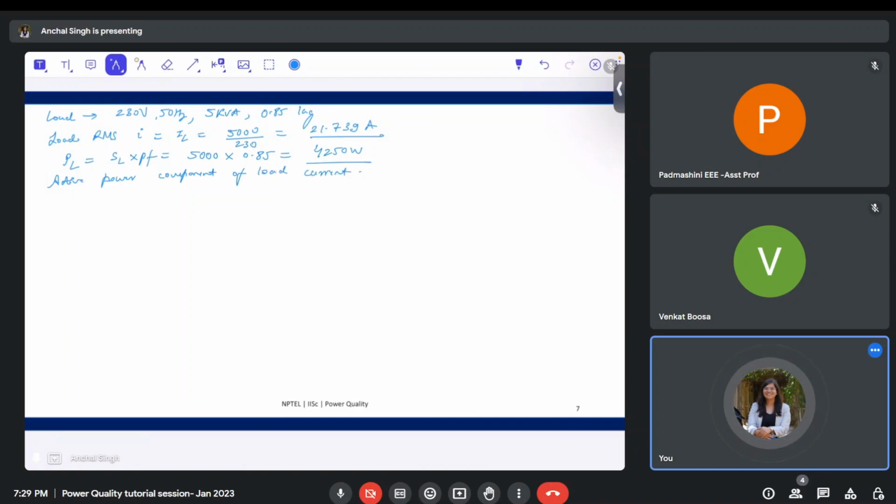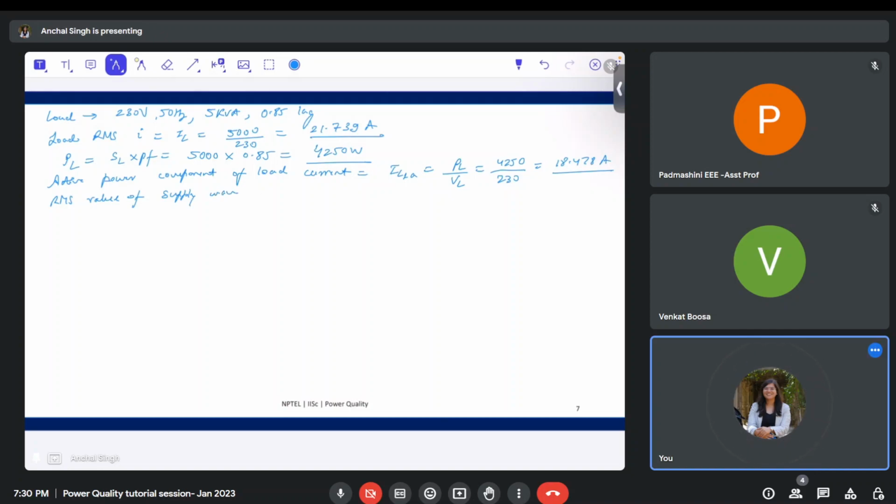Let me call it as IL1A, like in the previous problem. And this is given by PL by VL or IL cos phi, right? So 4250 by 230. This will again come out to be 18.478 amperes. Now, the RMS value of the quasi-square wave,